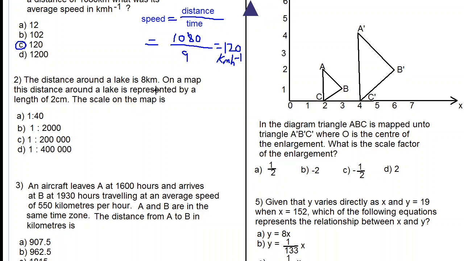The distance around a lake is 8 kilometers. On a map, this distance around the lake is represented by a length of 2 centimeters. The scale on the map is, so let's convert kilometers to centimeters. So we have to multiply 8 by 1000 to change into meters, and then multiply by 100 to change into centimeters. So we'll have 8 multiplied by 1 and 5 zeros, which would be 800,000